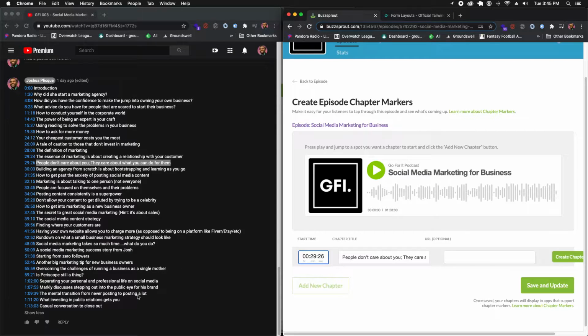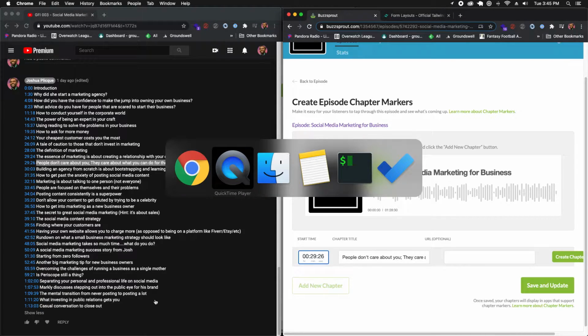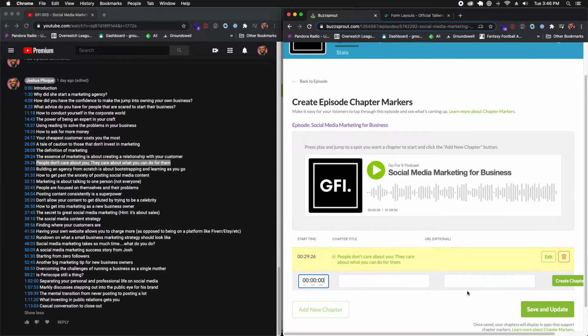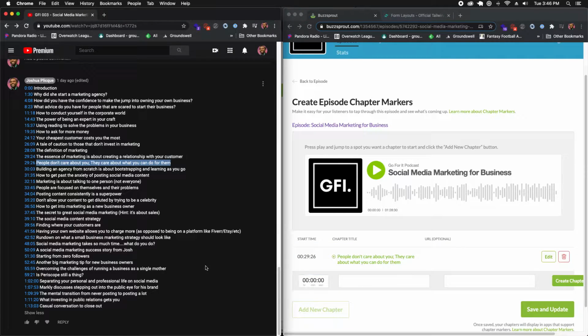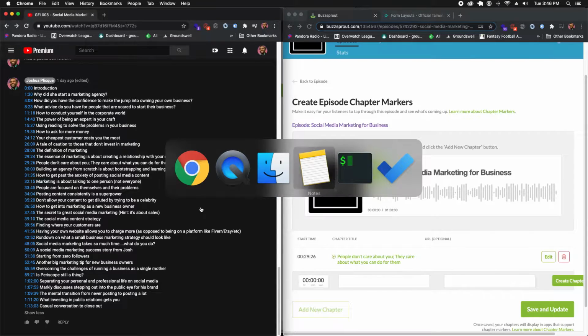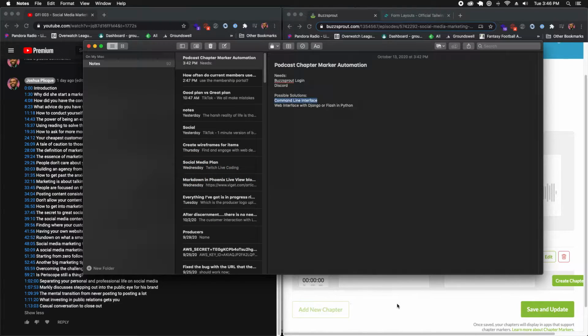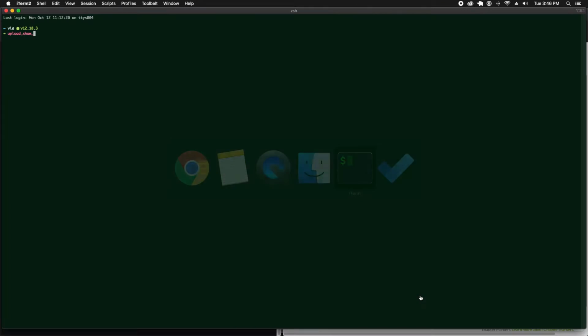So here's what I would like to have. There's two possible solutions to something like this. You're going to need a login to Buzzsprout, but effectively you can do one of two solutions. Number one could be a command line interface. A command line interface would allow me to, from the command line, say you make a Python program, and then